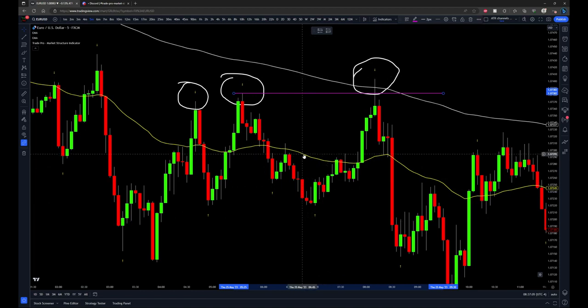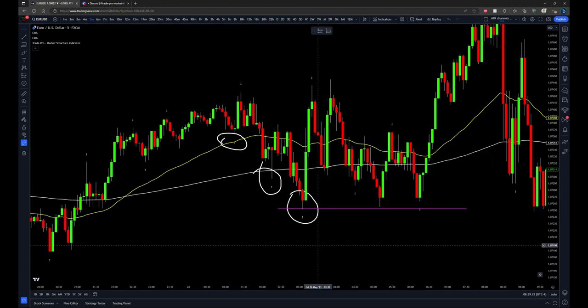50 EMA, okay? Now let's take a look at a long setup, and we're gonna go through a bunch more setups so you can see plenty of examples of valid opportunities. All right, here's a long setup. So you can see with the long setup, we have 3 intermediate term swing lows, each one consecutively lower than